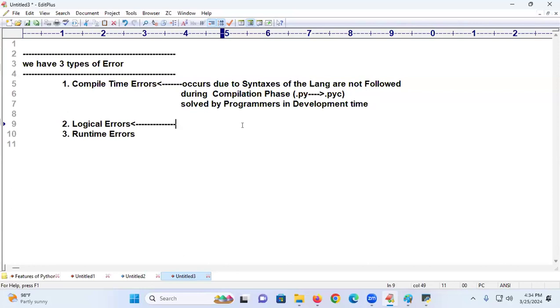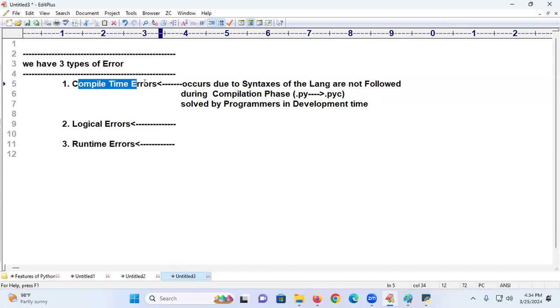What are logical errors? Generally in colleges, at the academic level, people are always thinking about what? Compile time errors, runtime errors. Why those errors come, nobody knows. For example, runtime error, you take it. No student knows, but they know the subheading. Runtime error they know, but they don't know the reason for it. Compile error is coming due to what? Syntax is not followed.